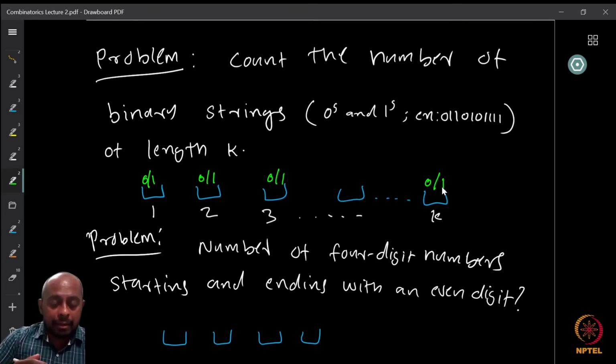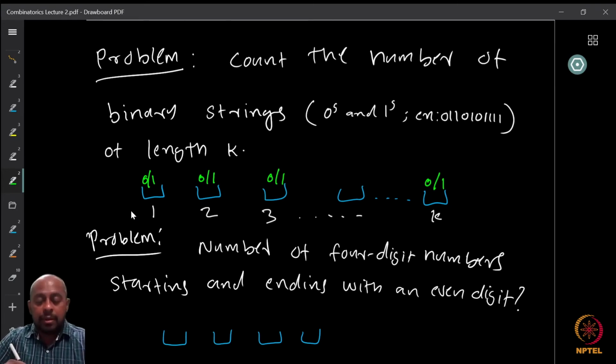Now I can put 0 or 1 at the first place, and without worrying about what happened in there, I can put 0 or 1 at the second place, one of them, right? Exactly one of them I can put at each of the k different places. So this says that I have exactly two choices, two possibilities for the first position, 0 or 1. Exactly two possibilities for the second position. And the first position, whichever I choose, I can still choose the second position without worrying about what happened there. So they are basically independent. So I can decide this independently, right? Like what to write here.